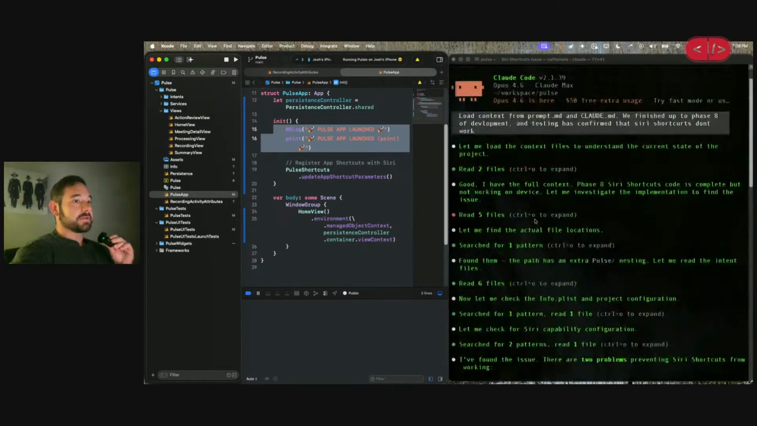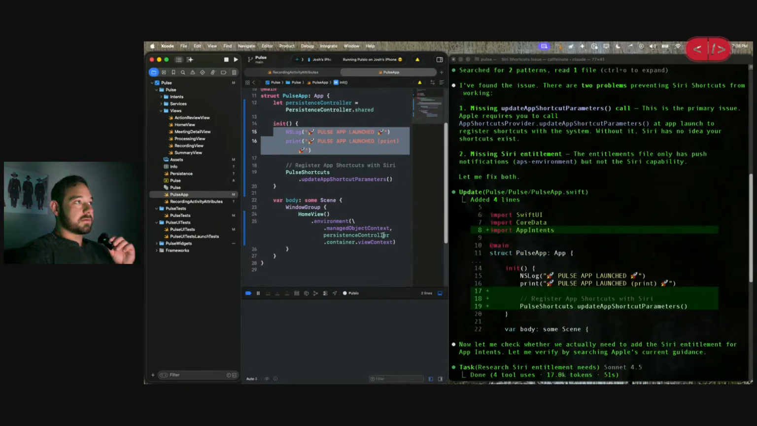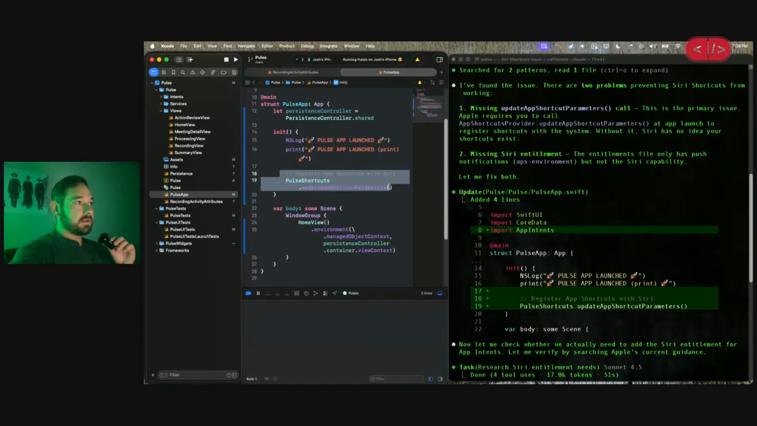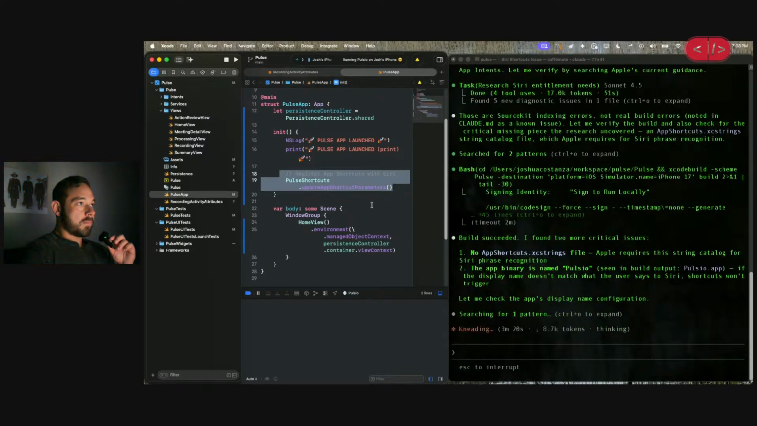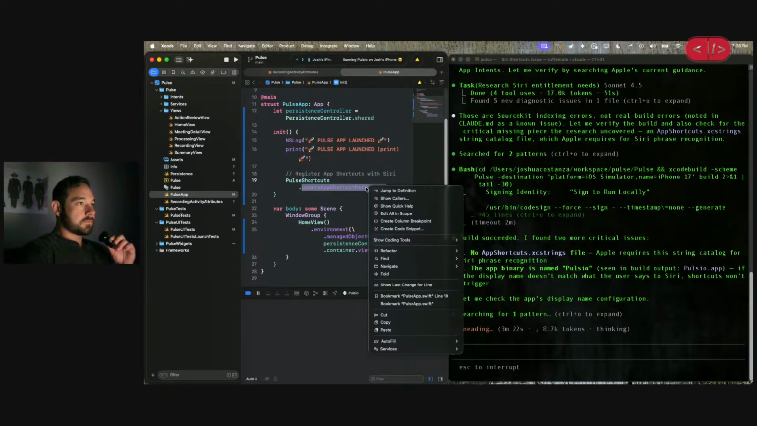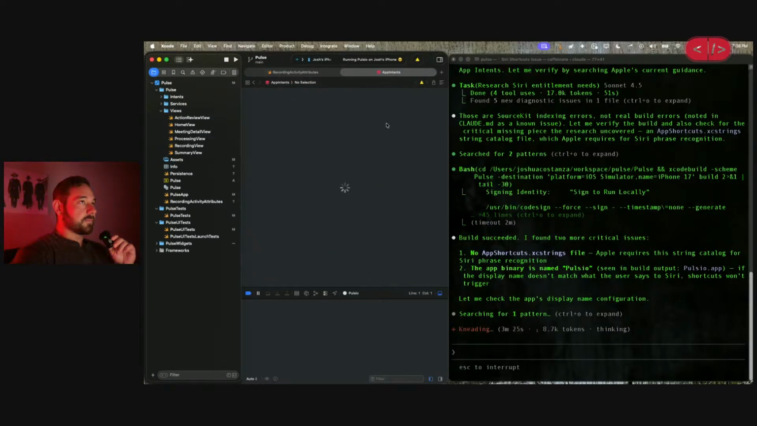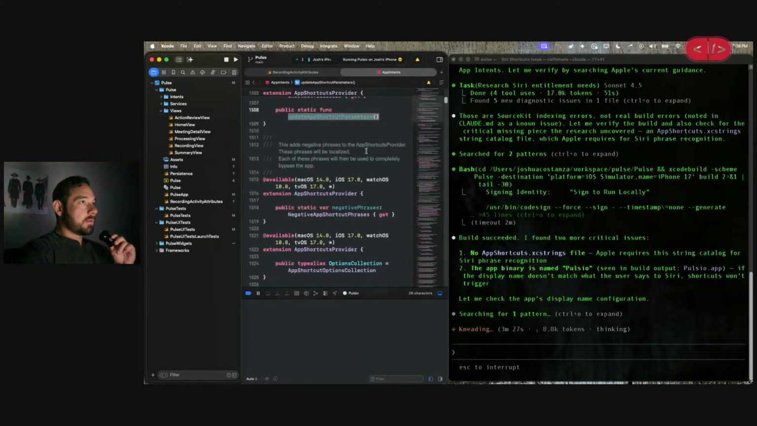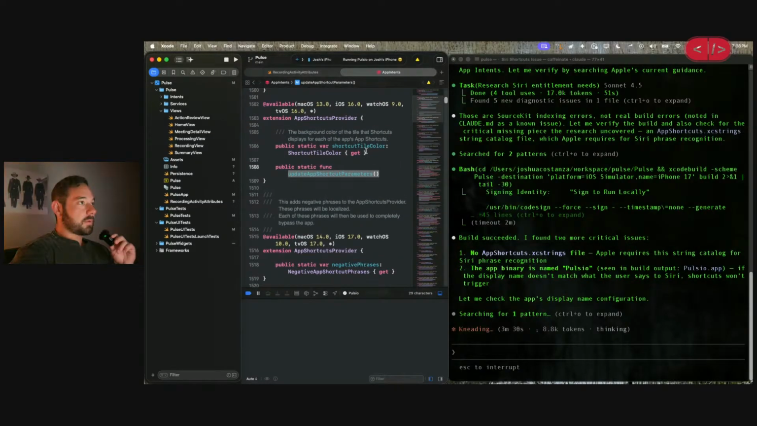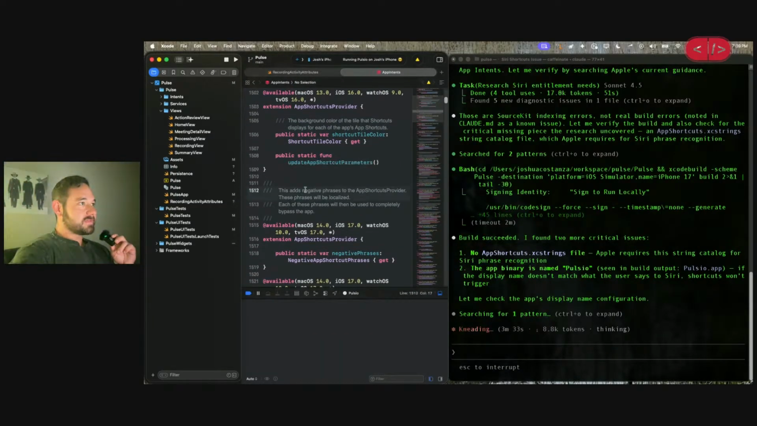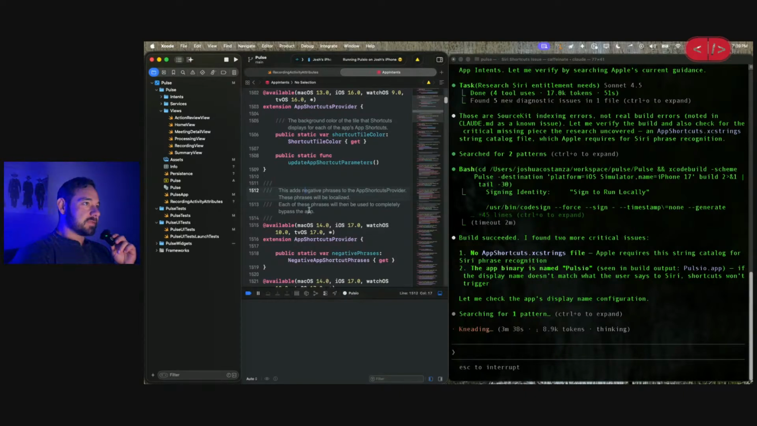Oh, so what did this do? Sorry, guys, I've lost pace here. What did we add here? This is what we added? Register app shortcuts with Siri. Yeah, and this is some static function. This adds negative phrases to the app shortcut provider. These phrases will be localized. Each of these phrases will then be used to completely bypass